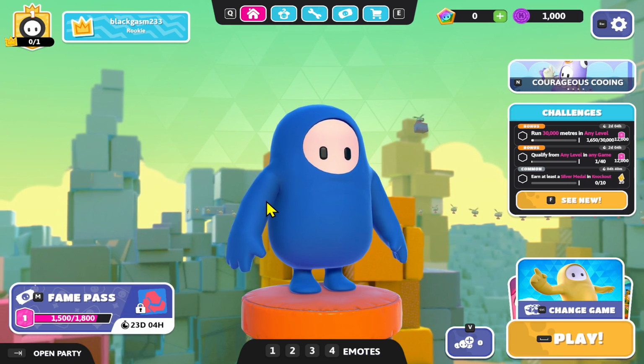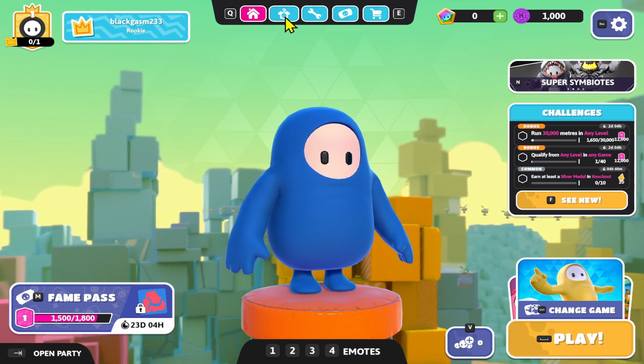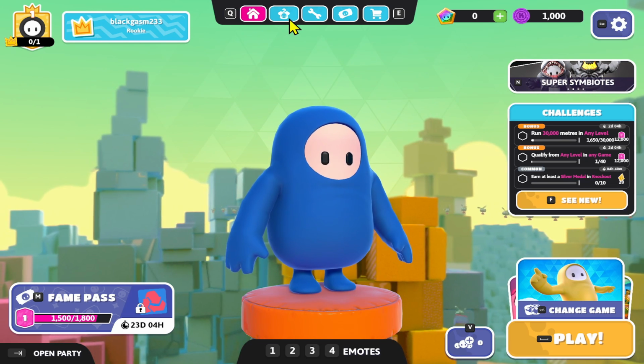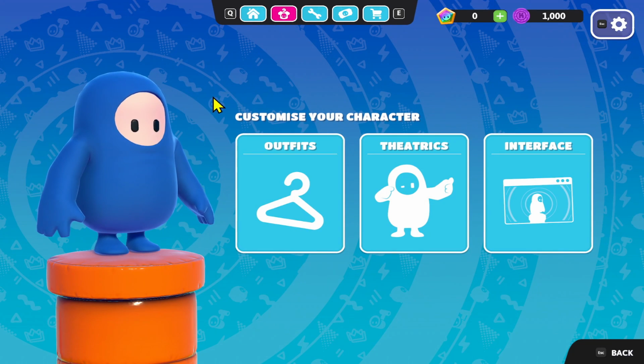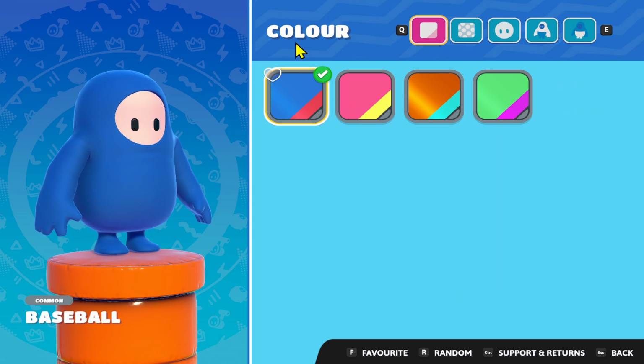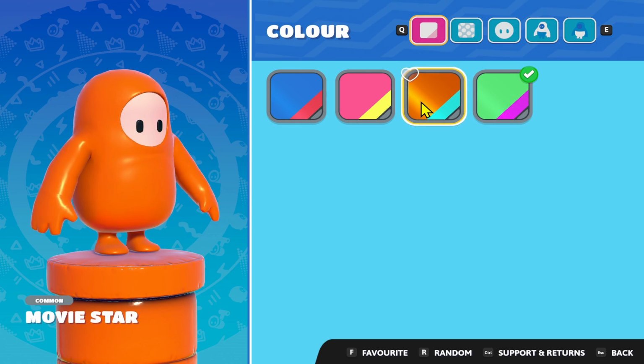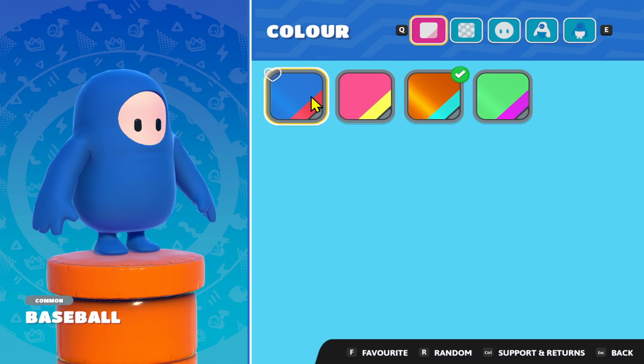Once you gain access to the homepage, if you wish to change the color of your character, just tap on the character icon alongside the home button at the top section. This will now show you the outfits menu. Go ahead and click on it, and now you can choose from various different colors. You can tap on the ones that are available, and you can unlock more characters as you move forward within